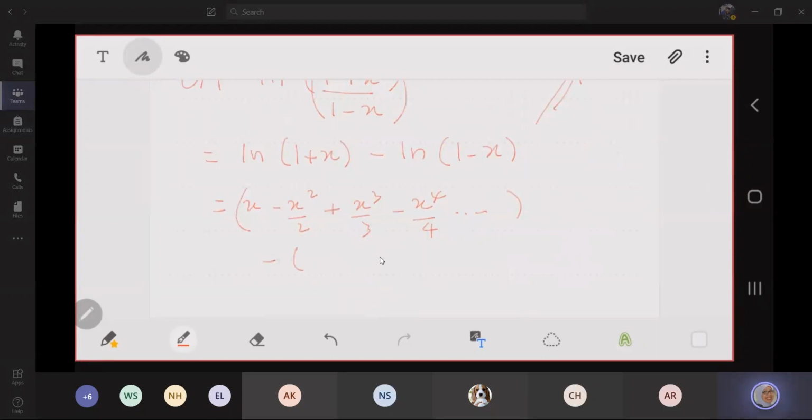Minus minus gives plus, so you get x plus x squared on 2 plus x cubed on 3 plus x to the 4 on 4 plus so on, because it's minus minus, you see. So in this case you get 2x